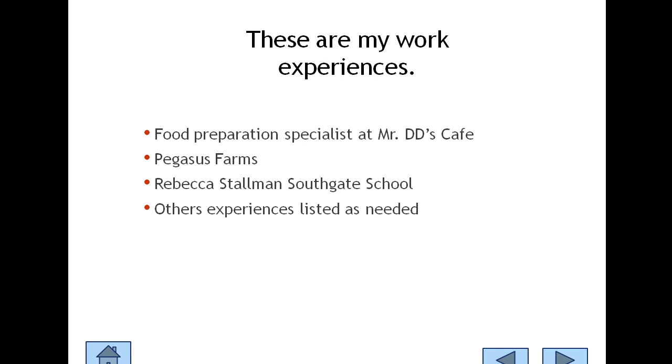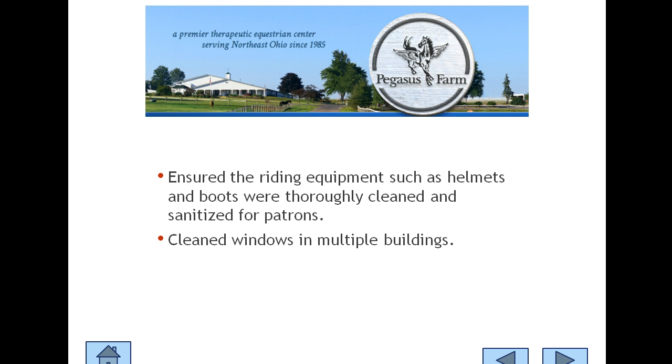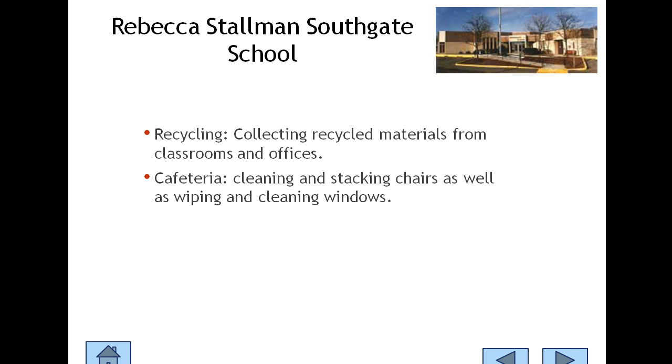And then I thought it'd be good for them to share their work experiences. I had them choose 3 of their favorite work sites, and that's how the Microsoft Word and Excel were able to collect those kind of ideas and those thoughts, and we could put it into their PowerPoint. And then I had them create some slides that would kind of highlight each of the job sites that they went to and the things that they did. I thought it'd be a good thing if they could actually have pictures of them working at these sites, and so that's something else that we're going to work on.